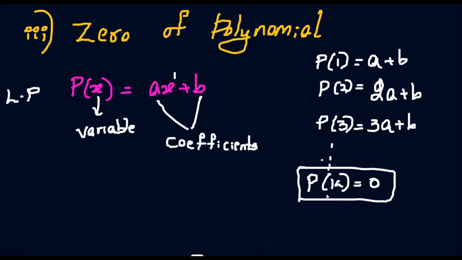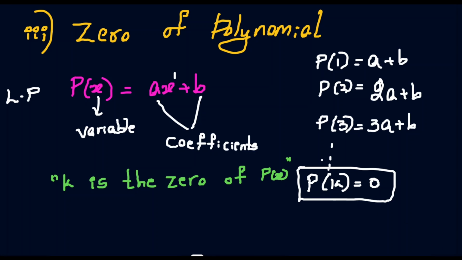But do we know that value? No, we have to find it, right? But whatever the value, if we substitute this value in this polynomial and it gives 0, then what do we call it? k is a 0 of the polynomial. k is the 0 of p of x, we can call it. So what is the condition to become a 0 of the polynomial? When we substitute that value in the place of x, it has to give us 0, right?